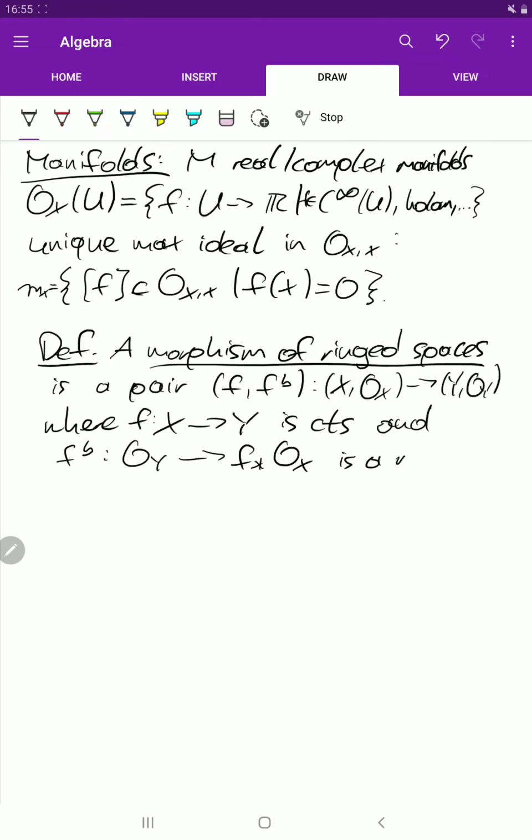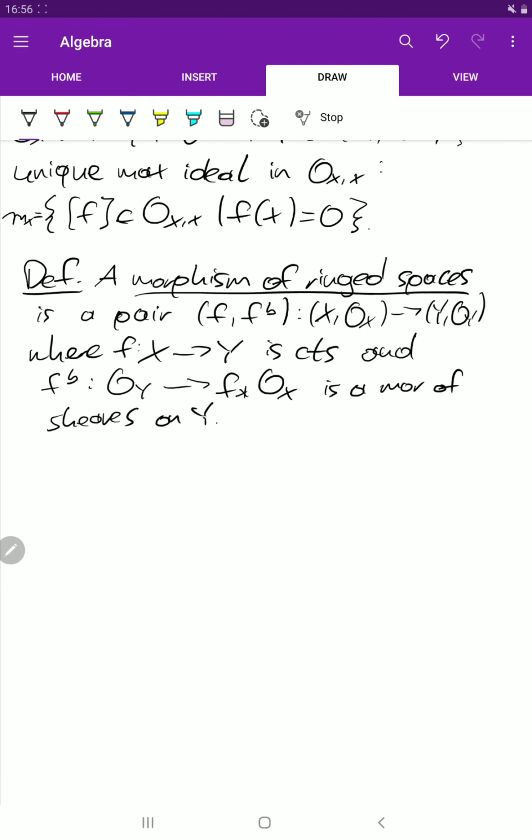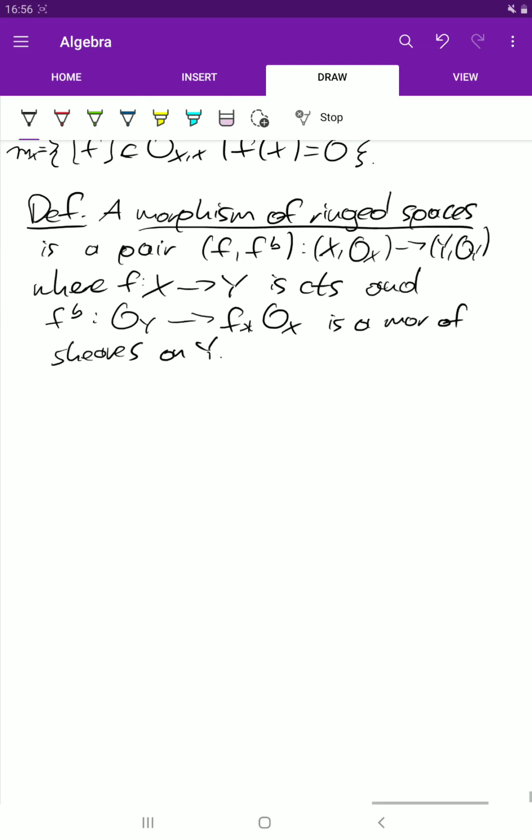So this should be a morphism of sheaves on Y. And we'll later also see an example of this, but we first want to define a morphism of locally ringed spaces.